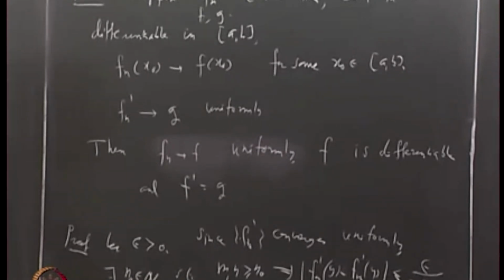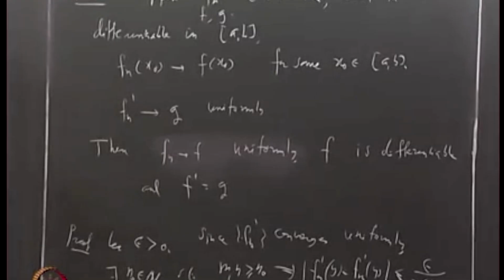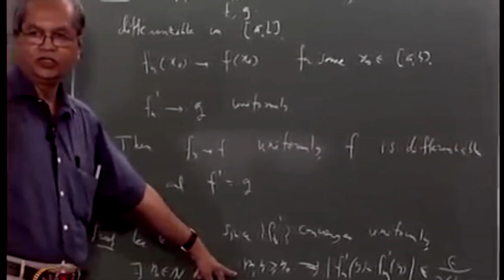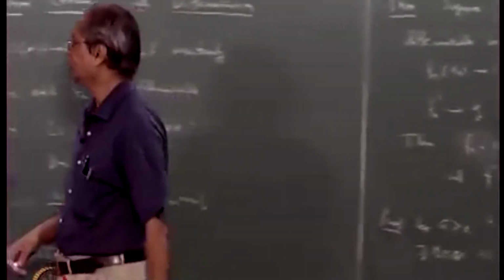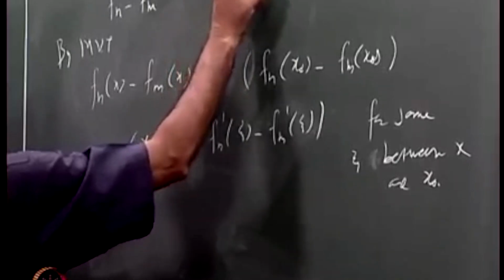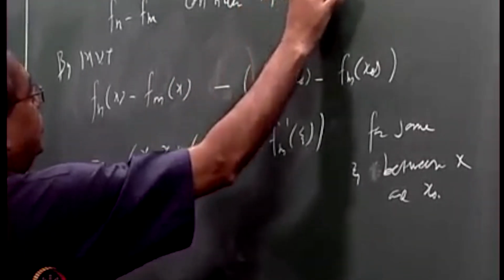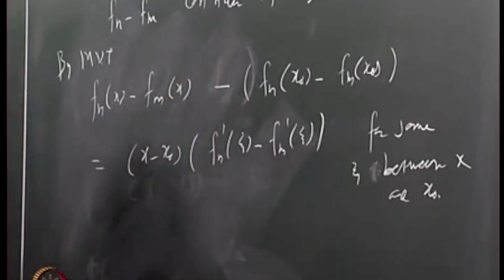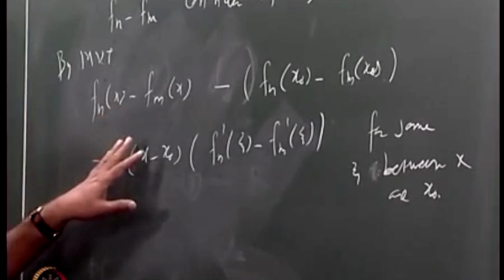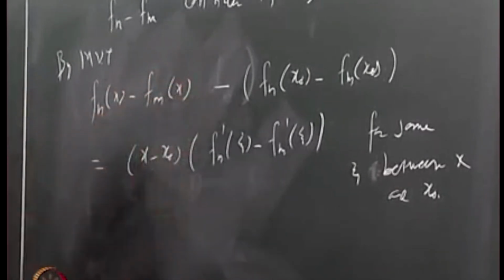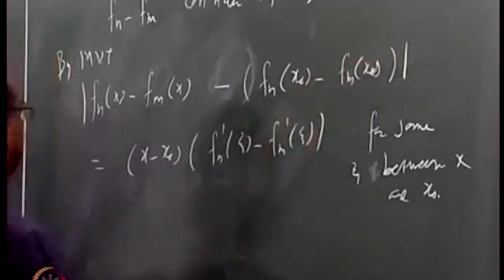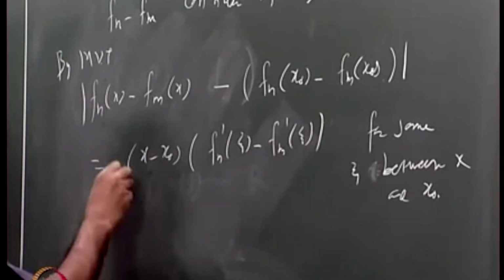All right, okay. Now consider some m and n which are bigger than or equal to this n0. Consider m and n bigger than or equal to n0. Then for those m and n we have done all these calculations. Of course this is true for any m and n, but now we will apply it for those m and n bigger than or equal to n0. I will take absolute value everywhere.